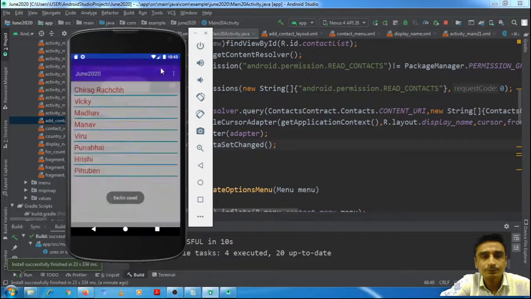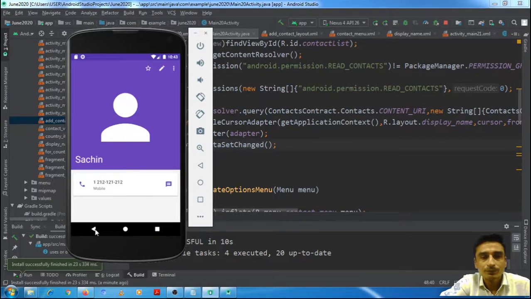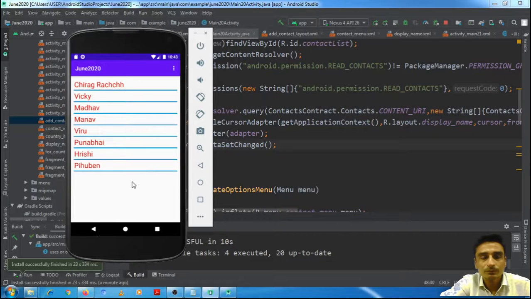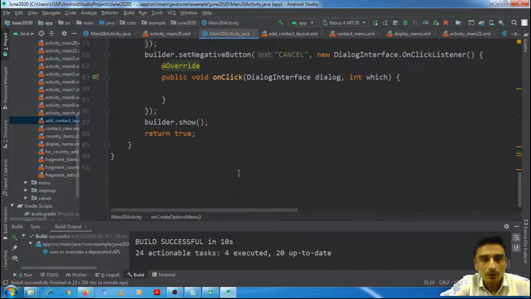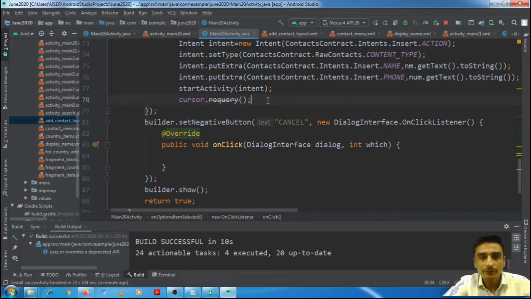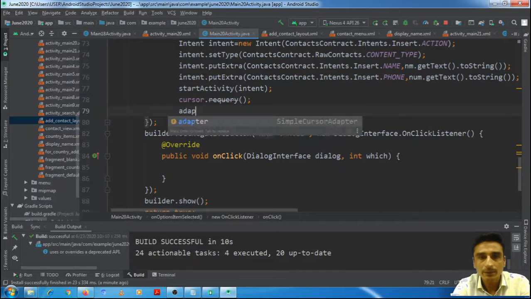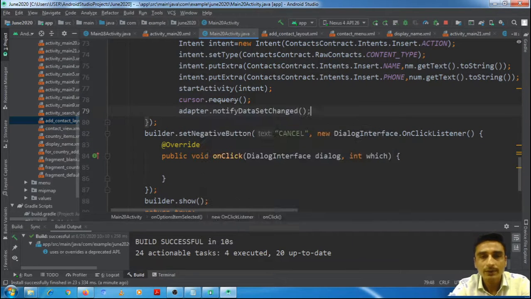Save. I think we should call notify dataset changed here, adapter.notifyDataSetChanged.